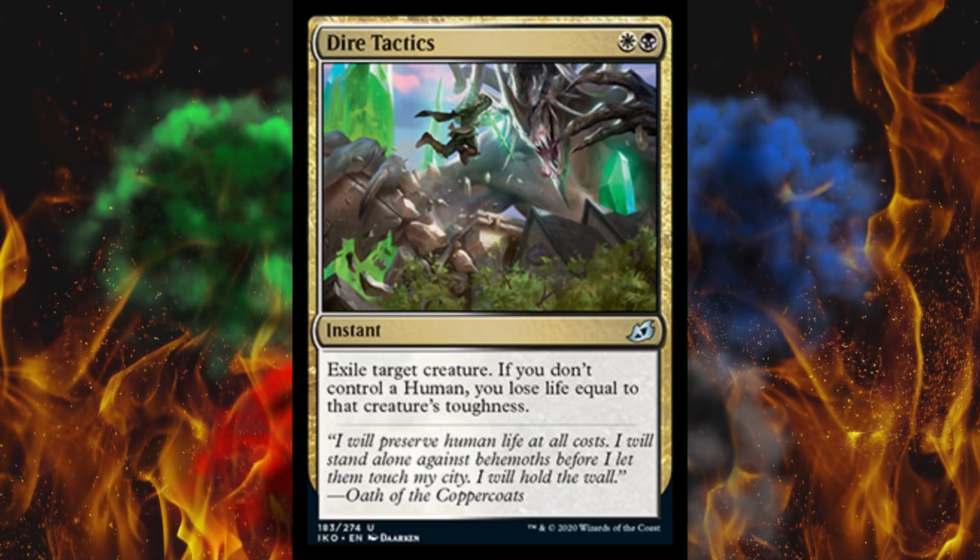So next up, we've got Dire Tactics. It's another 2-cost black-white spell. These are always fun. It's instant speed, and you exile target creature. If you don't control a human, you lose life equal to that creature's toughness. Well, I mean, we've seen some 7/3s, so it might be worth it, but yeah, I think even in dire